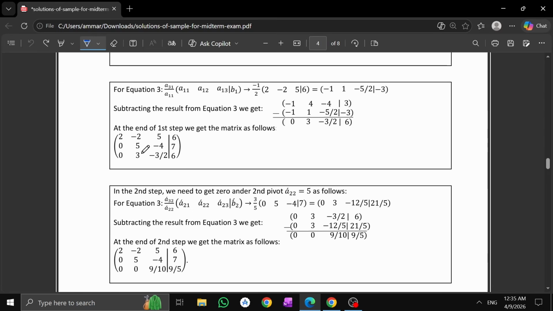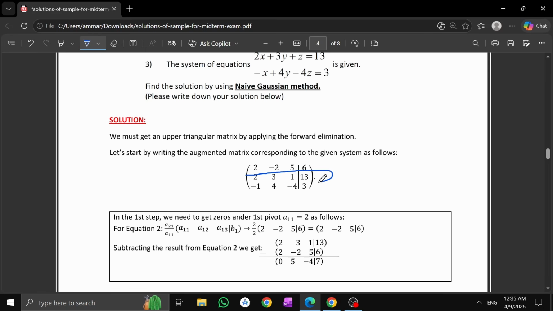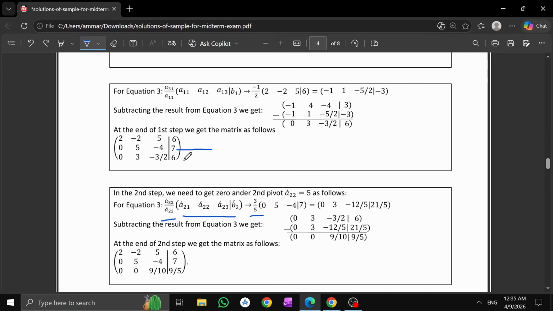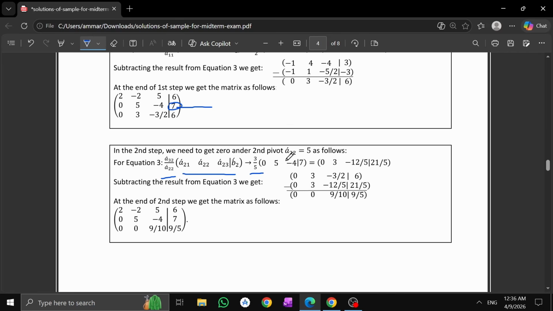And we are going to choose now the second row, because it is the pivot row, as you can see here. When we choose the second row, the pivot row, to multiply by the multiplier, we are not going to choose the old one, which has 13 at the end. We're going to use the second row that got updated, which is this one, 7, minus 4, 5, 0. And we're going to multiply by the multiplier, we're going to get this one, and we're going to subtract it from